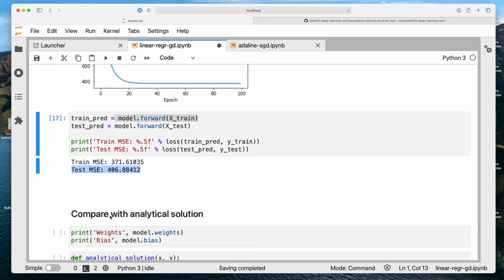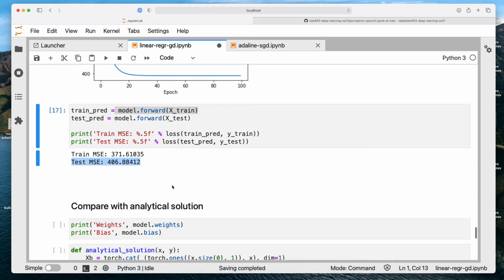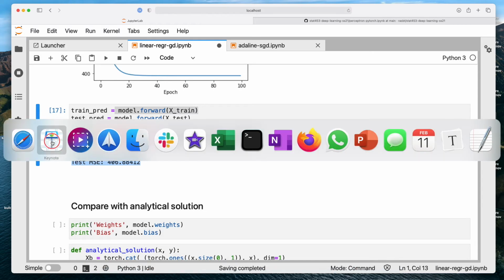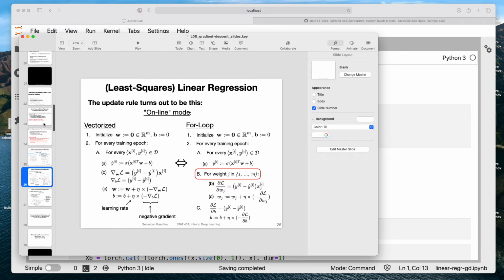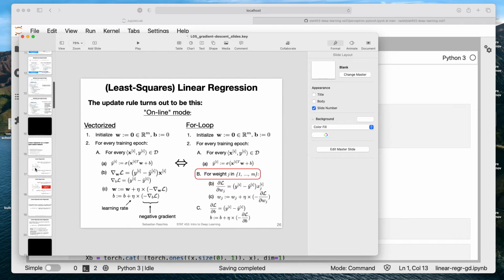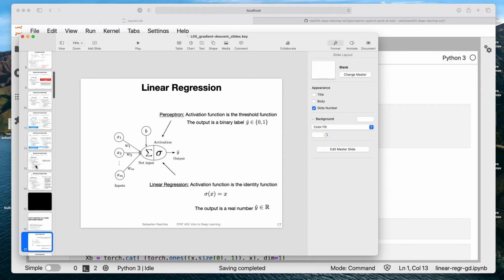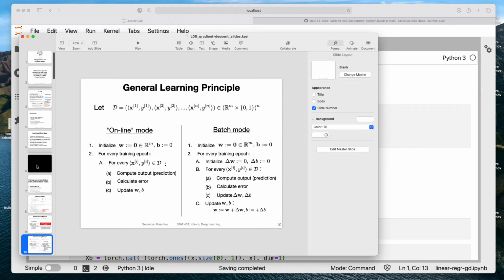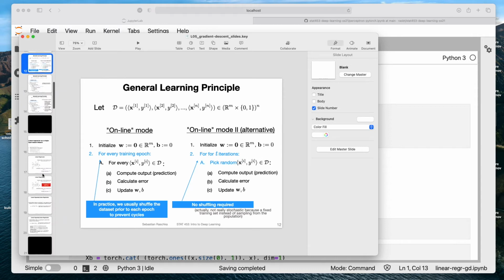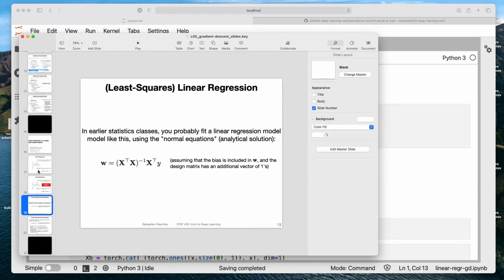Now let's also compare that with the analytical solution. If you recall, somewhere here I showed you in the slides the analytical solution. I don't know where I had it. I think it was here.